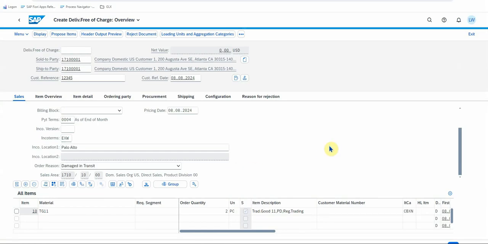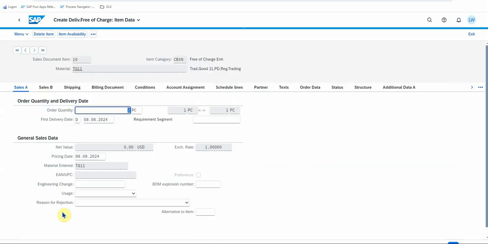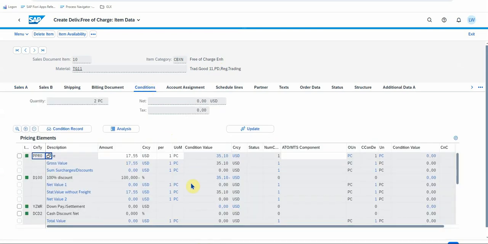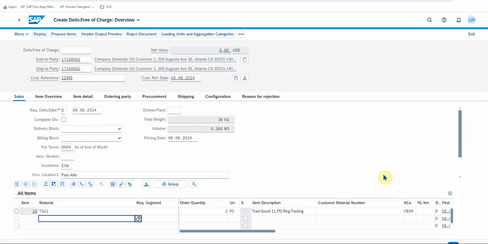So going back to the sales order, you'll see the net value is 0. You can also go into the details itself for the item. There's the quantity, and in here you'll see, even though we have pricing elements here, the net value is 0 and the tax is 0. Very important. Now we can save it,